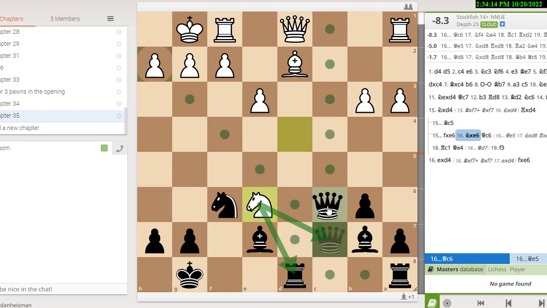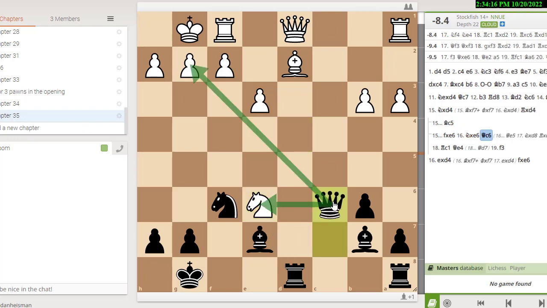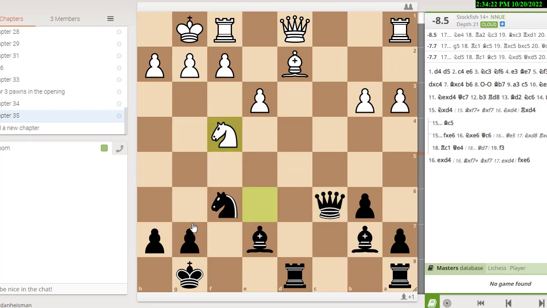Well, first of all, I pointed out this queen c6 move, which leaves black up by 8.4 pawns. And in fact, it says after knight f4, it doesn't even want to play g5. That's only 7.7 pawns. It wants to play knight e4 to try to harass this bishop, which could only be guarded by the rook here.